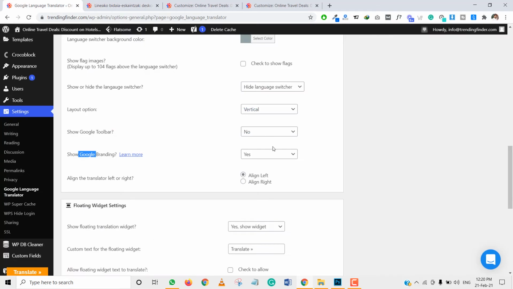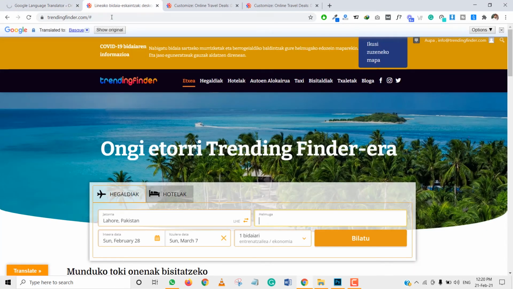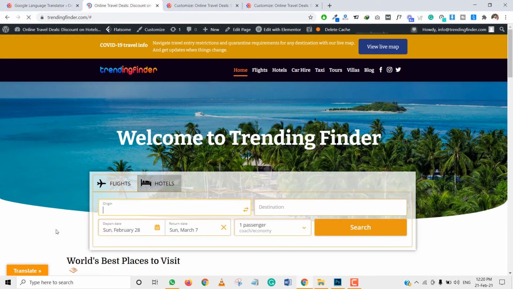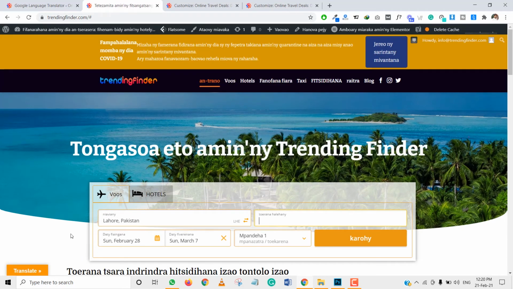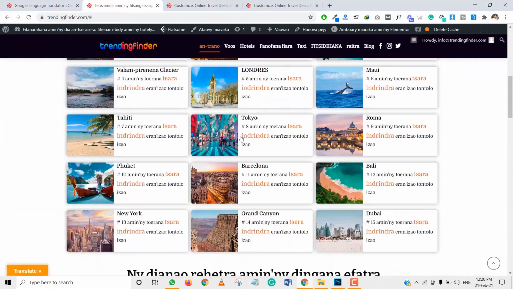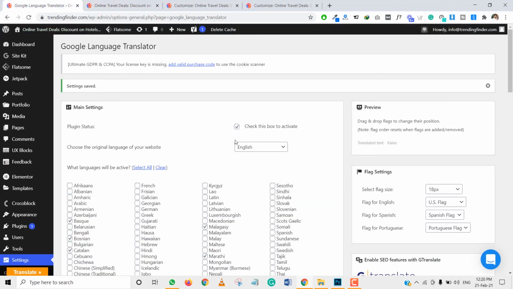We don't want to show these brandings, so we click no and hit save changes. Now if I click on some other language translation, you can see there is no Google branding. Our website is translated, but there is no branding here.